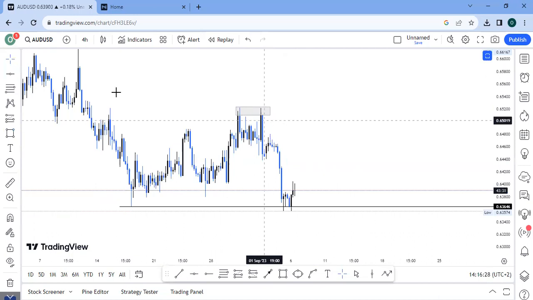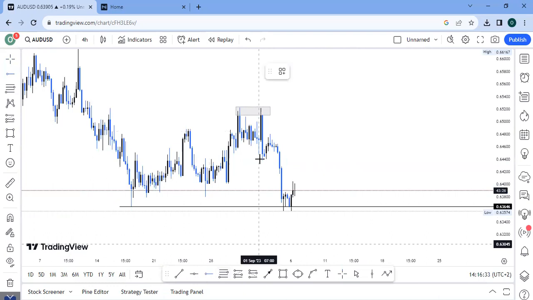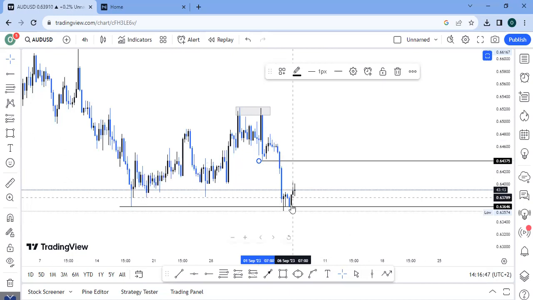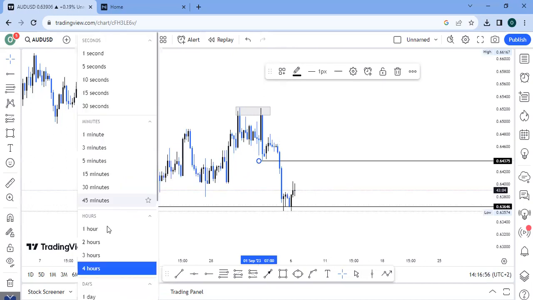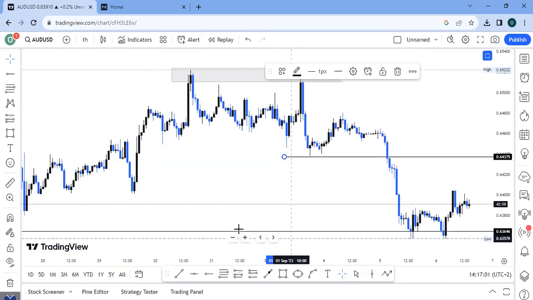So we do have these equal highs here. We do have a level of support here. See, price broke down. Price actually closed below the support, and we didn't actually have a retest. So we had a lot of bearish momentum coming in right here, right? You can see here we sort of have a small consolidation, which tells me that bearish momentum is actually dying out, right? So if you look at a 1-hour time frame,